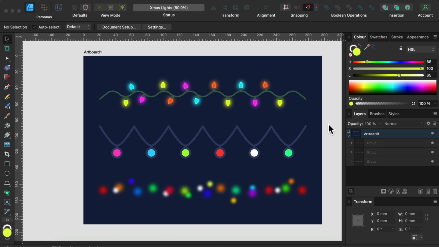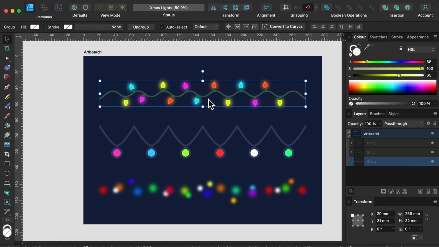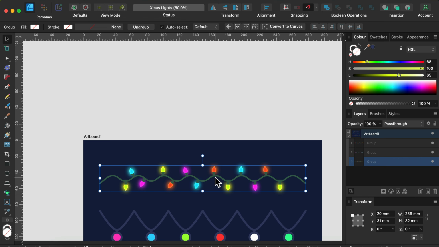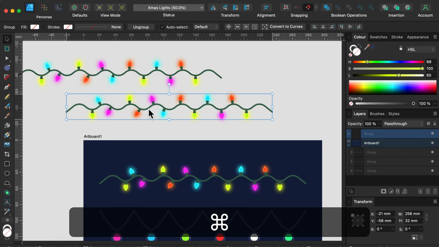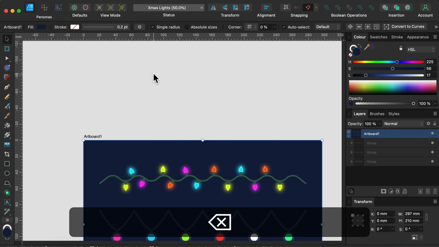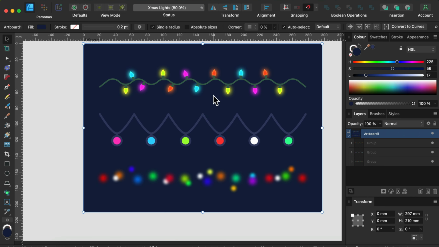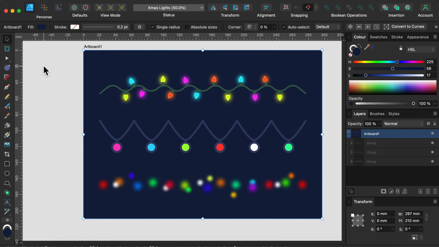I already drew something here in Designer, but as it is right now, it will be really hard to use. So I drew some Christmas lights, a really simple design. But if I want to use that, I need to duplicate this, maybe wrap, bend, stuff like that. It will be really tough to use it with ease. So what we can do is turn those objects into a brush. Then we can apply the brush effect on our vector line, and it should look just like our Christmas